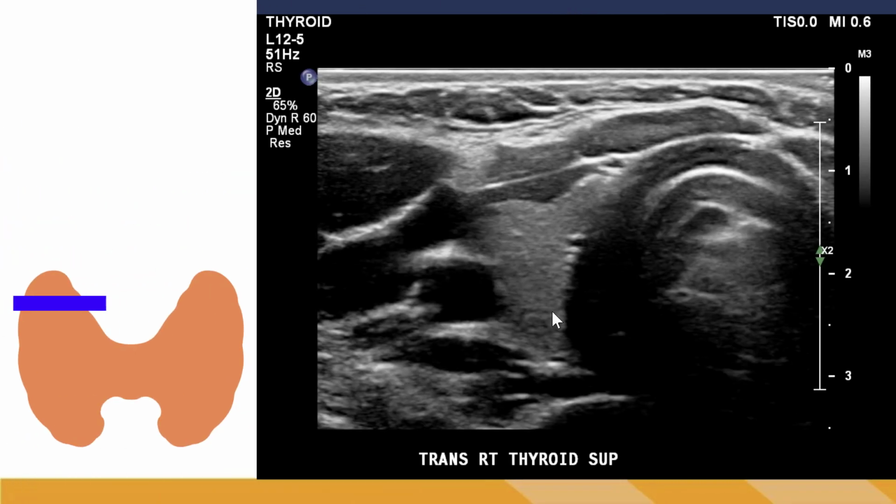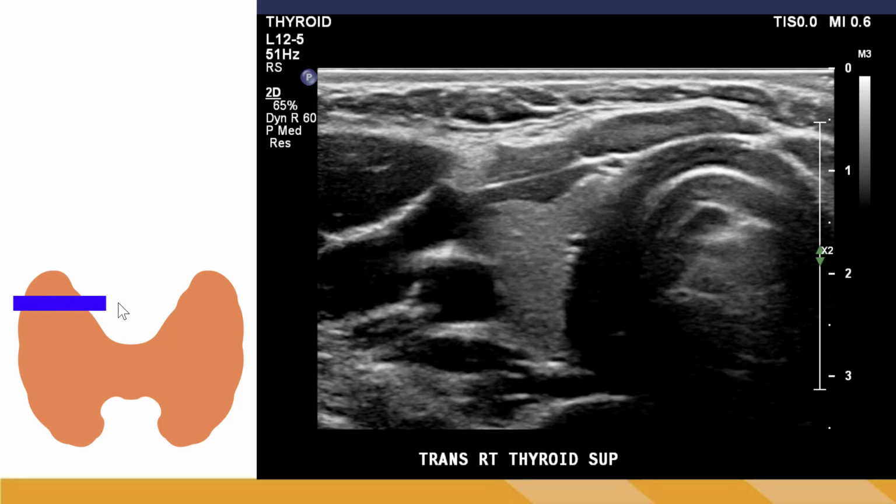The next few slides are a representation of a full thyroid protocol, along with where the transducer is placed on the organ itself. So we are going to start with a transverse right thyroid superior image. In this image, we can see just the beginning of the thyroid tissue next to the trachea. Notice that there's no isthmus connecting at this point in our ultrasound image, and we can also see that's true